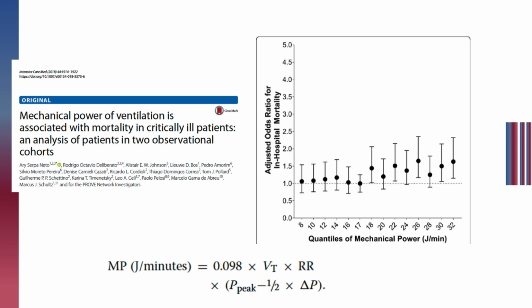In time to come, over the next year or two, I think we are going to be talking more about mechanical power as a number, rather than looking at tidal volumes of 6 mL per kg or driving pressures of less than 15, etc. We're going to say mechanical power of less than X, because the units of mechanical power are joules per minute, and it's very similar in terms of the actual number to the driving pressure